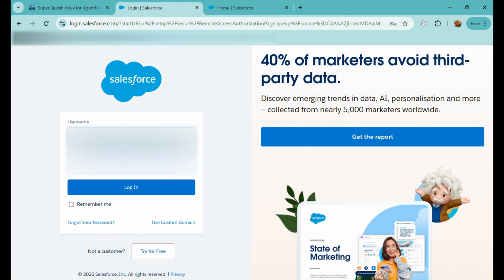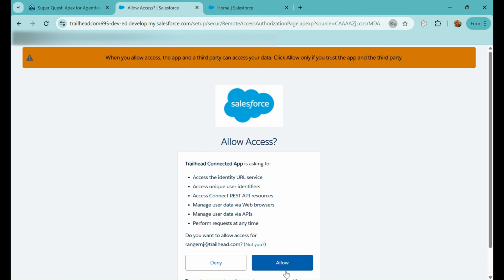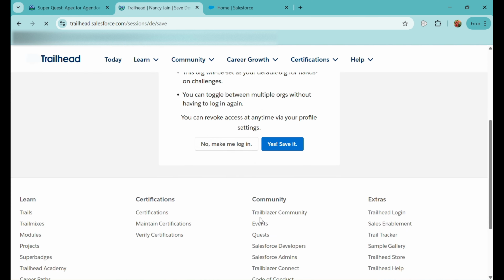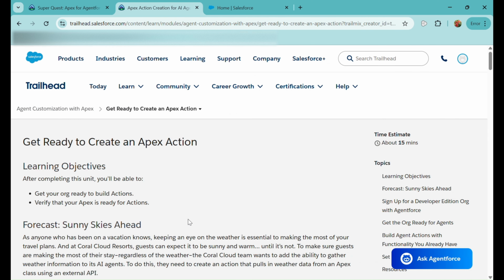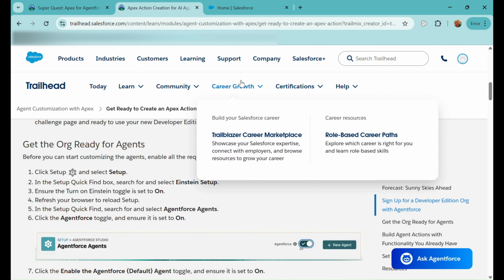And the password is this. So I'll click on Login, and then I'll click on the Allow button, and after clicking Allow it will connect here. Then click on Yes, save it. So it is now connected and I'm back here. Now I'll follow the steps.